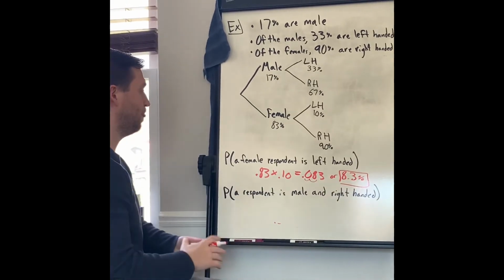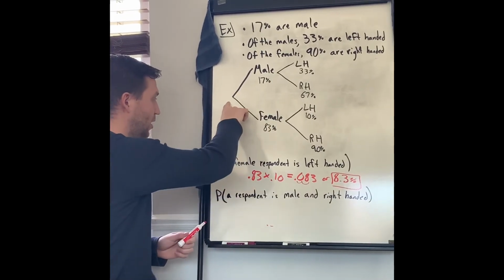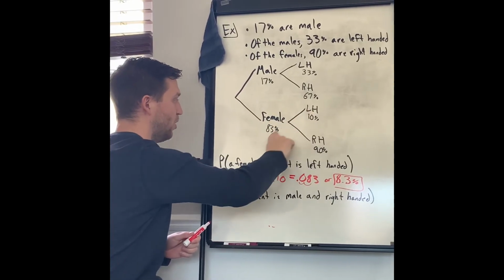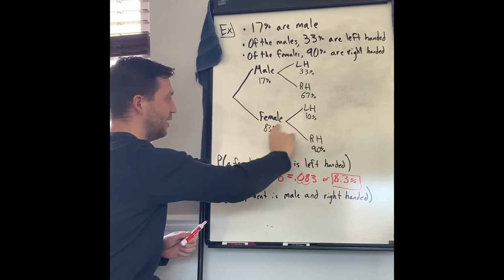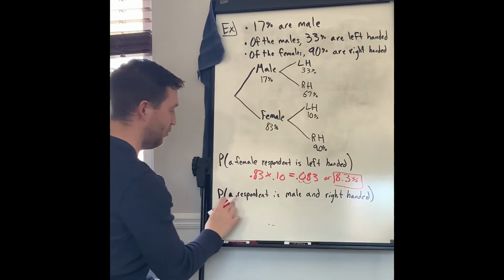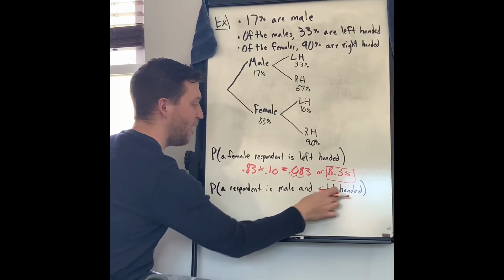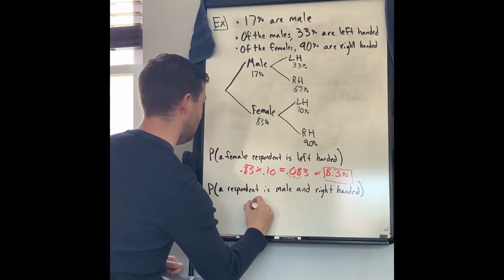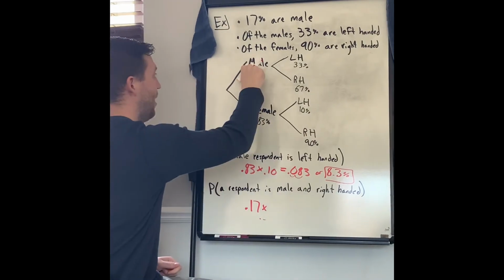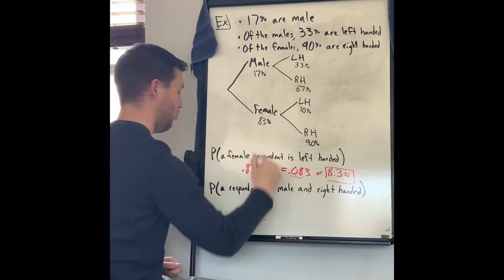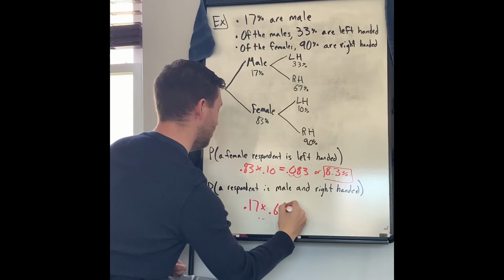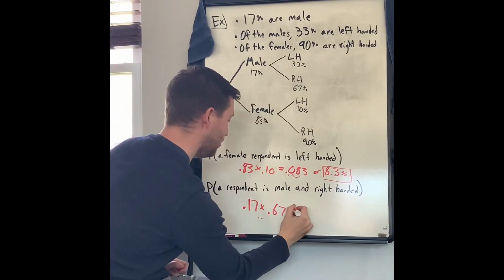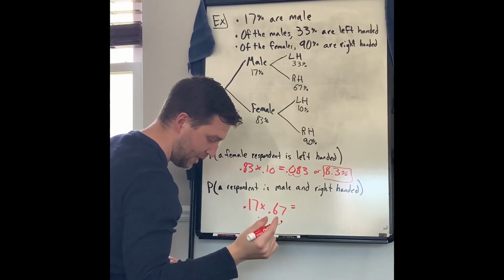Okay, so again, just trace with your pencil. I want a female that is left-handed. So those two numbers are what I'm multiplying together. Okay, next one, a respondent is male and right-handed. So male, which is 0.17, times male right-handed, 0.67. Male, right-handed. When we multiply those, we get